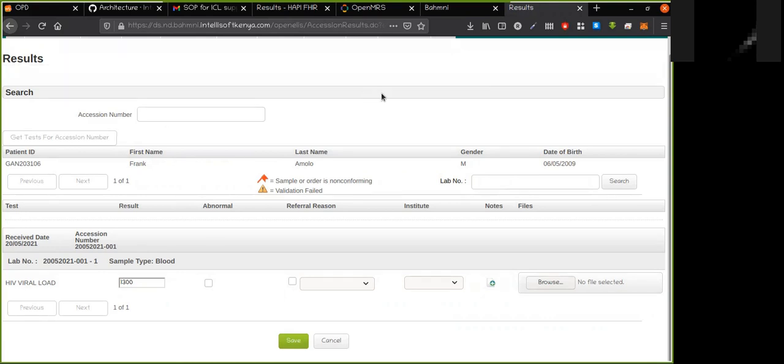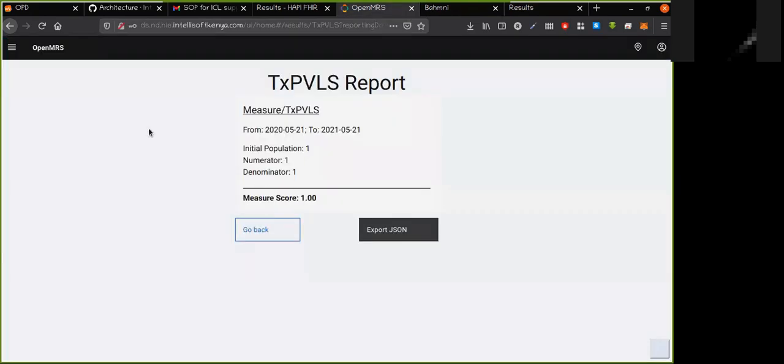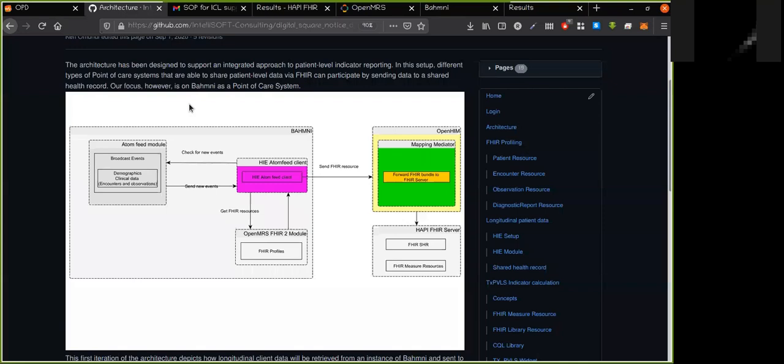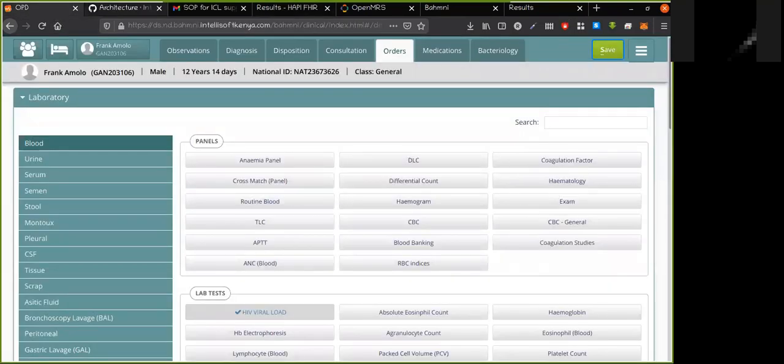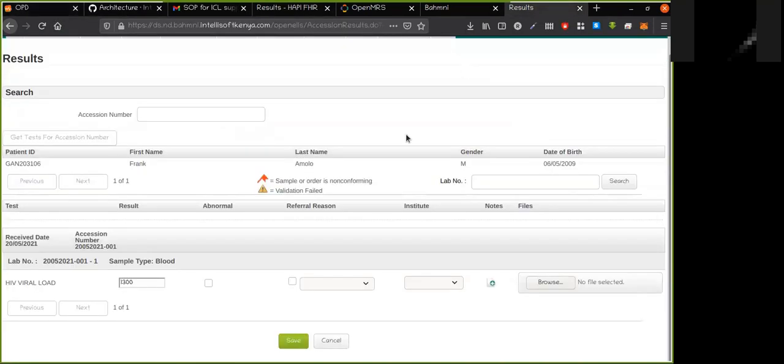So what we expect is that in our indicator here, this value should become 0.5, because 1 plus 1 is 2, and 1 divided by 2 should be 0.5. Yes. So let's head back here to the results, provide 1300, then click save.